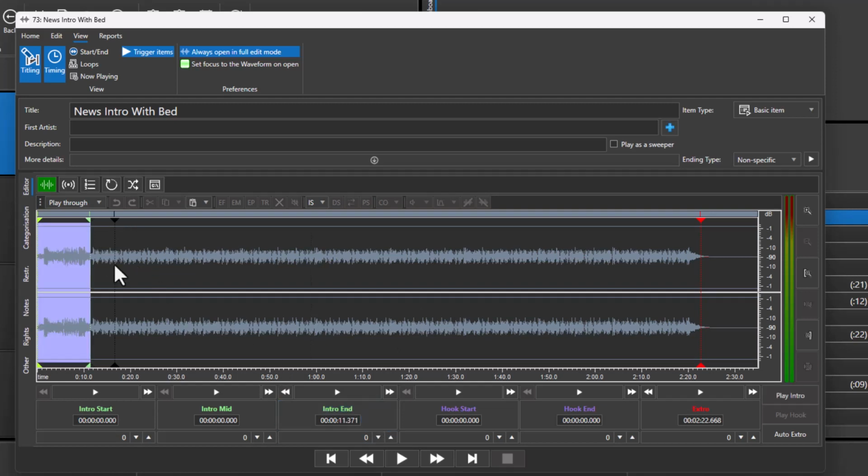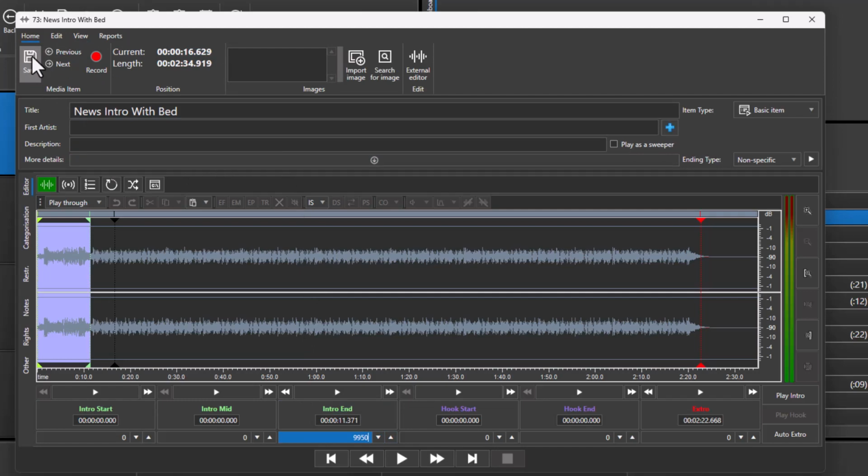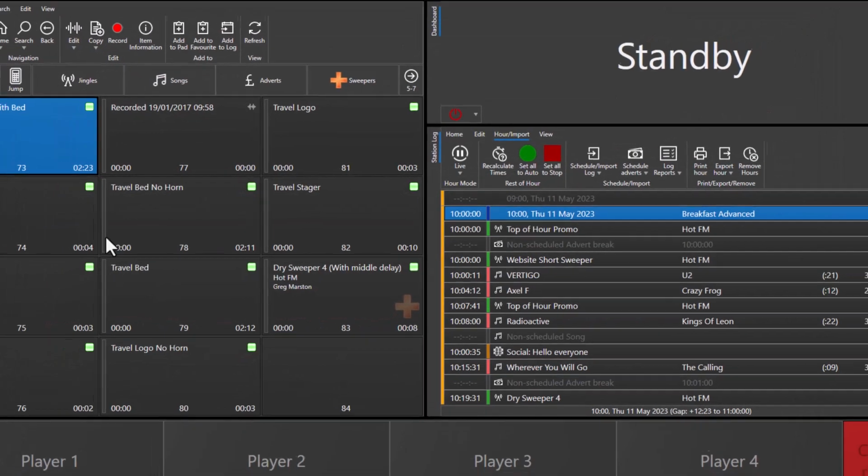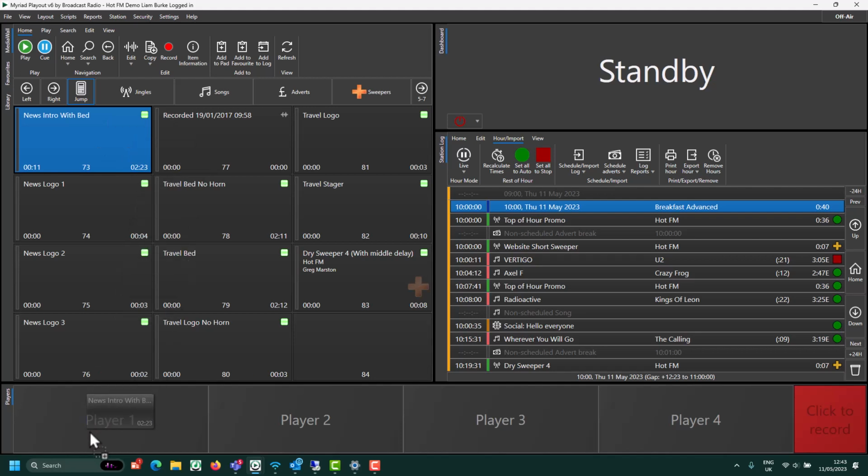My pre-recorded news is at media item 9950. So let's put that in here. If you're happy, go back to home, hit save. So now, when I play this news item,